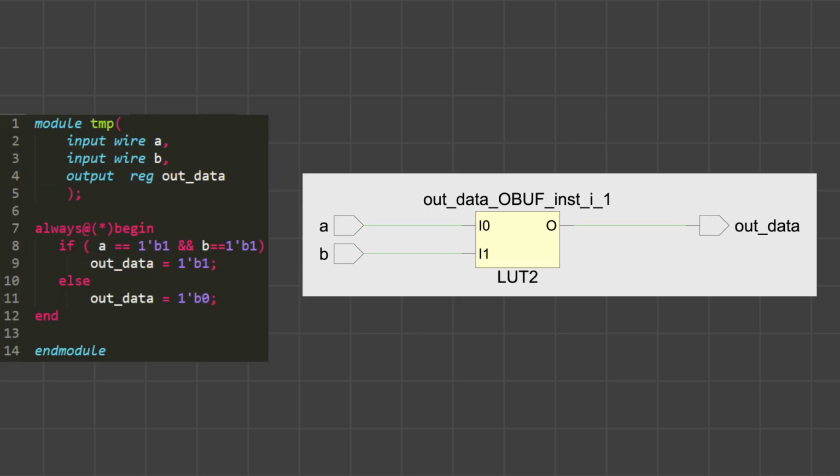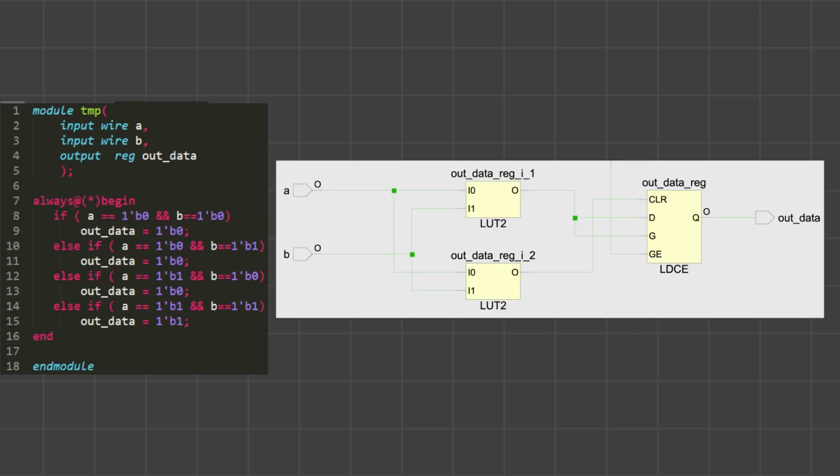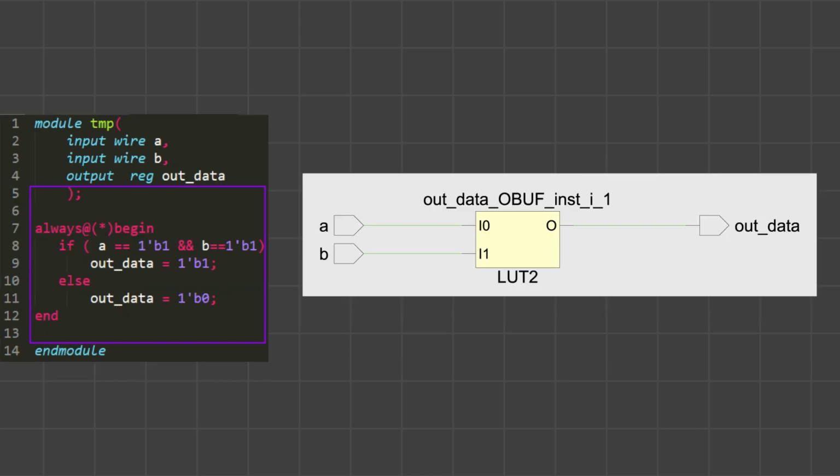In the first situation, let's take the following statement as an example. This is a complete if statement. We can see that its logic circuit will not generate a latch. However, when we remove the else part, Vivado will synthesize a latch. Even though the if and else if statements have listed all the situations, generating a latch can still not be avoided. Thus, the else statement is a must in the if statement in the combinational logic.